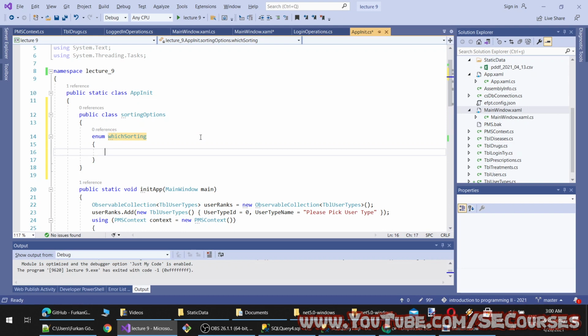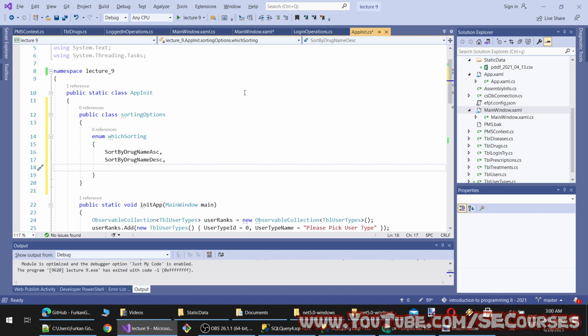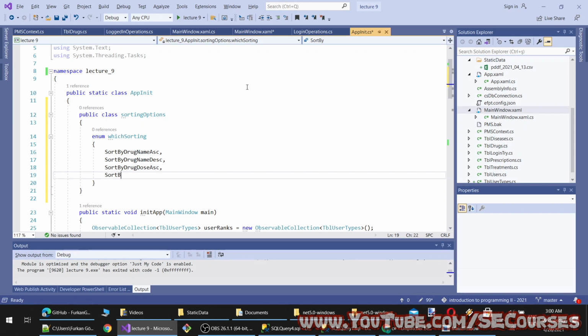So it will have sort by drug name ascending, sort by drug name descending, and sort by milligram or drug dose ascending, sort by drug dose descending.